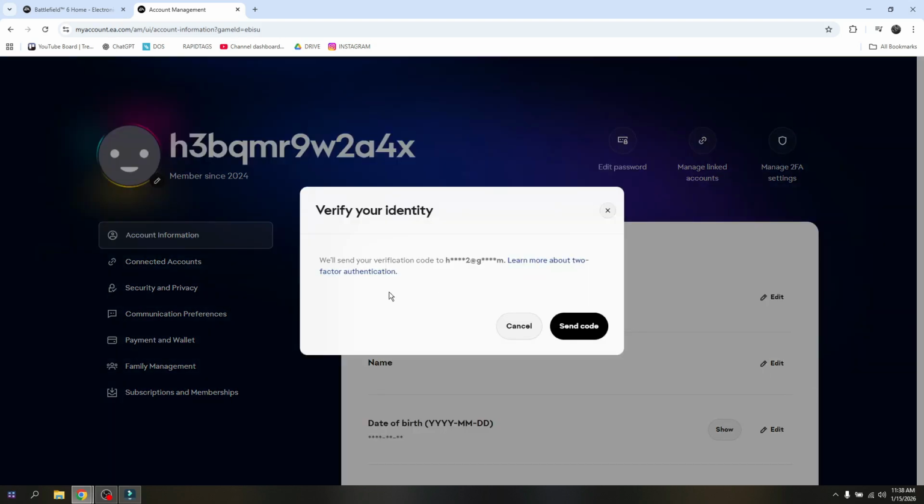you a verification code of the email address that you've used to log in to your EA account. Simply click on Send Code and then go back into your Gmail account, logged in, and have that code copied and paste it here. And that's the time that you can edit and change it into the preferred display name